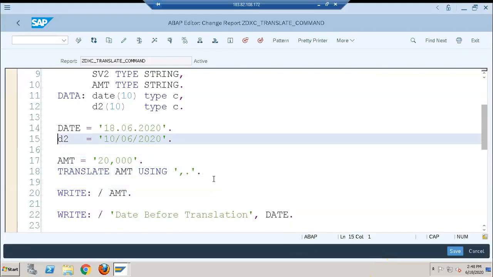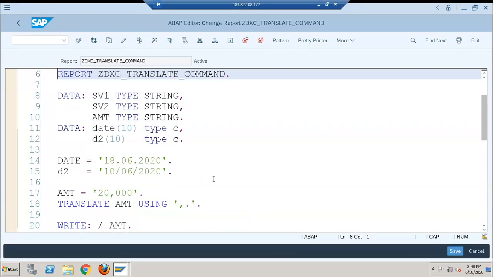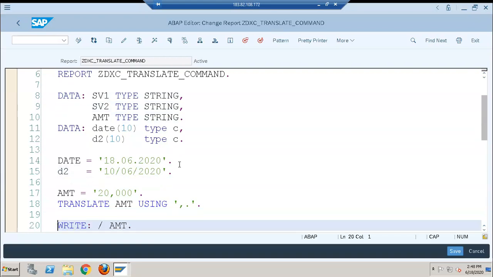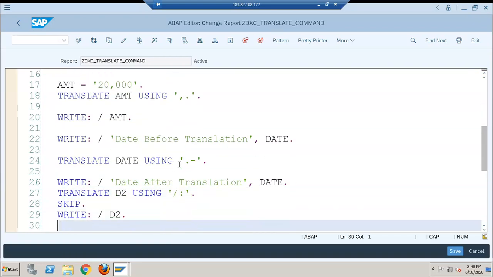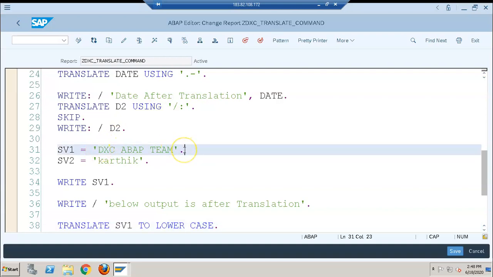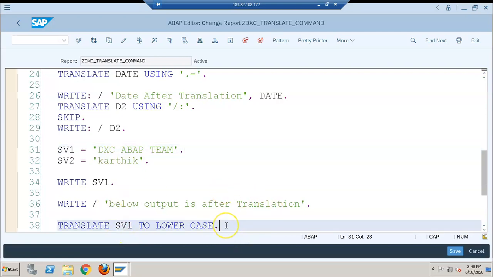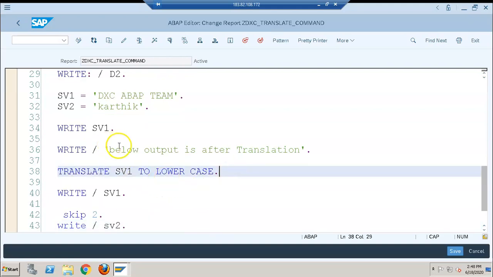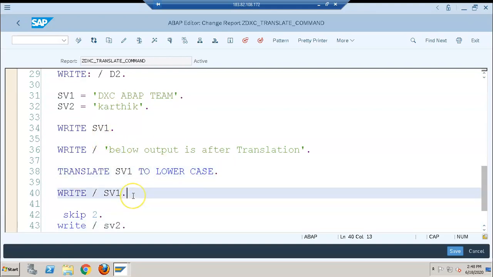So we have used translate for translating the date. We have taken SV1 and SV2 as variables of type string. We used SV1 in lowercase and SV2 in uppercase, and then appended and changed them. We first typed the actual one, and then translated SV1 to lowercase, so SV1 is changed to lowercase and typed.